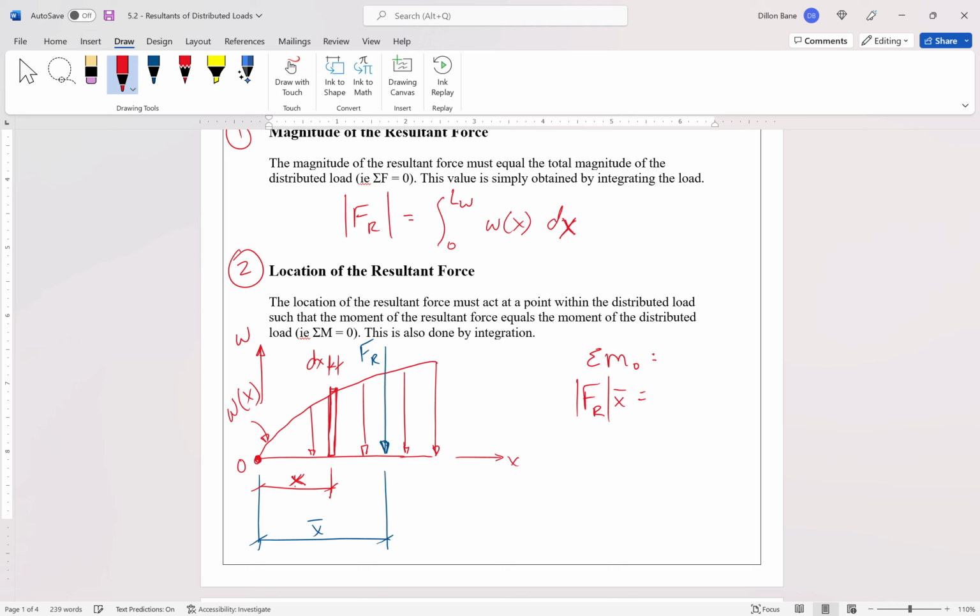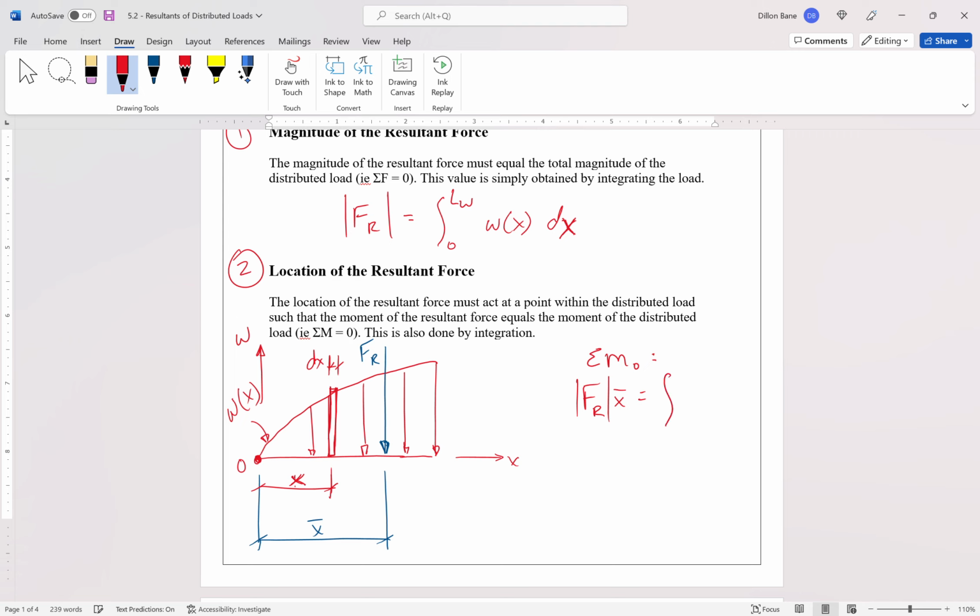that has width of dx and a height of w, okay? A height of w of x. Whatever w of x is, that would be the height of this rectangle. And then this rectangle, this integration strip, has a width of dx. And we're going to imagine we're doing an infinite number of these rectangles from 0 to L sub w, all right? To take the moment of this strip about O, we just need to know the area of the strip times x, right? So the area of the strip